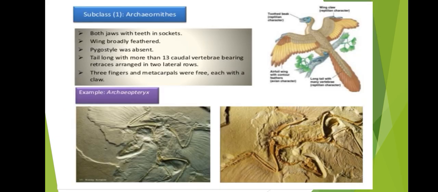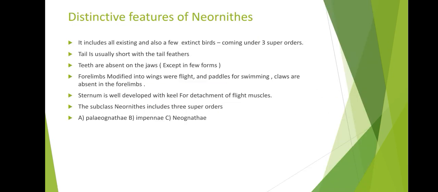And this is the diagram or image of the Archaeornithes. The tail is long like that of a lizard, with 18 to 20 caudal vertebrae. These are all extinct birds. The example for the Archaeornithes is Archaeopteryx. And the next subclass is